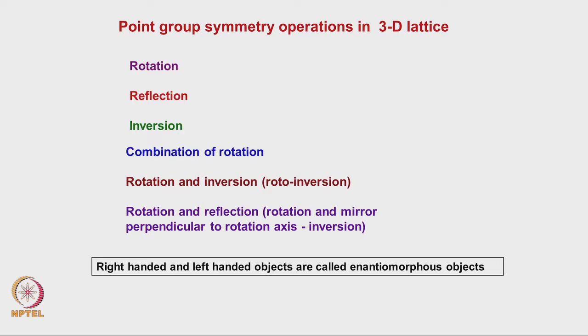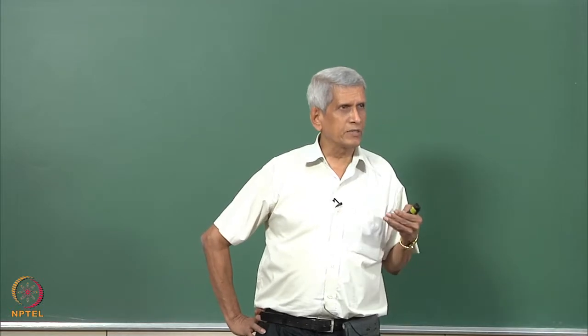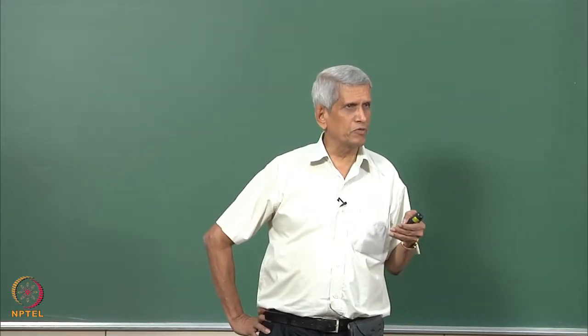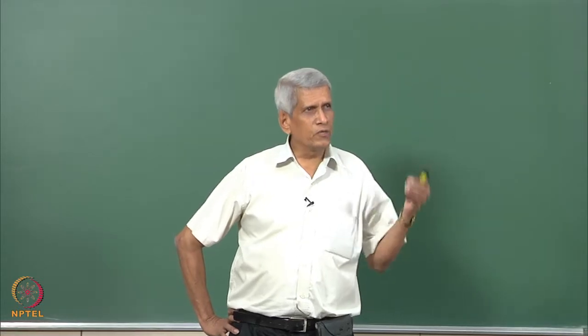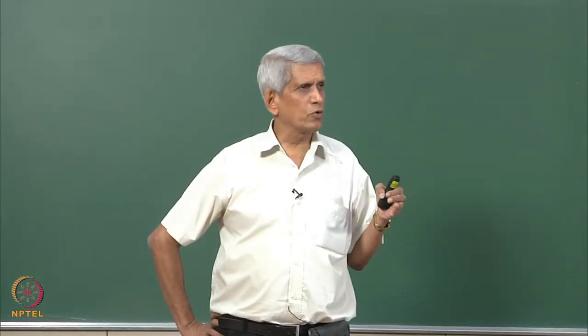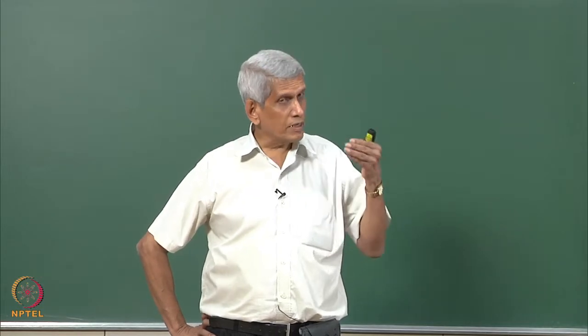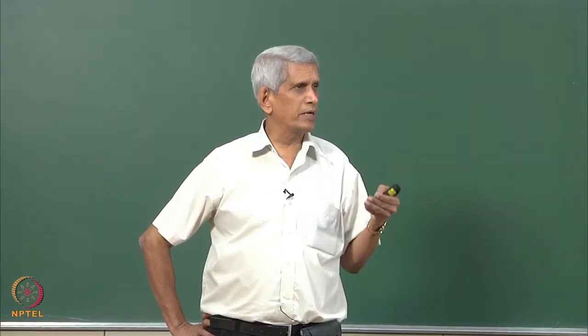Then we can have what is called a roto inversion. In the last class on Saturday I explained to you how roto inversion is done. So, if we take the combination of all these, we will be getting different types of symmetry elements which we will be generating. This will constitute a distinct number of symmetry elements, that in general turns out to be 32 point groups.